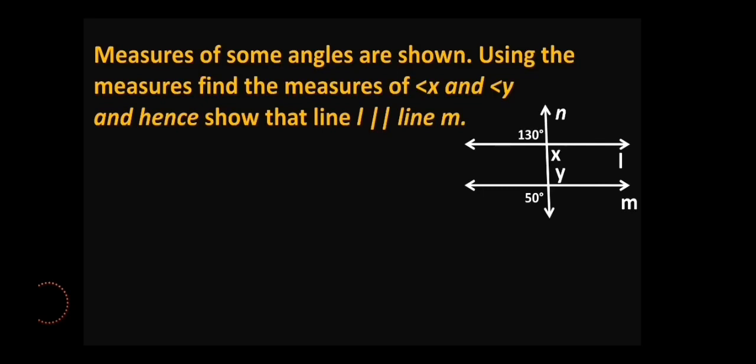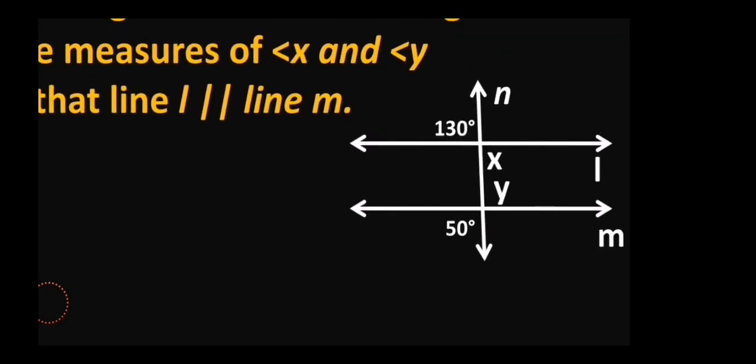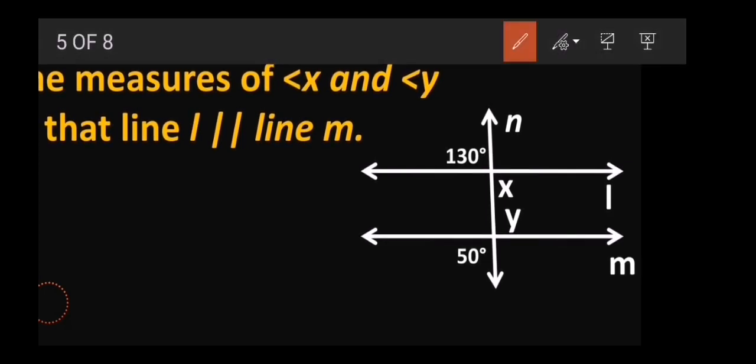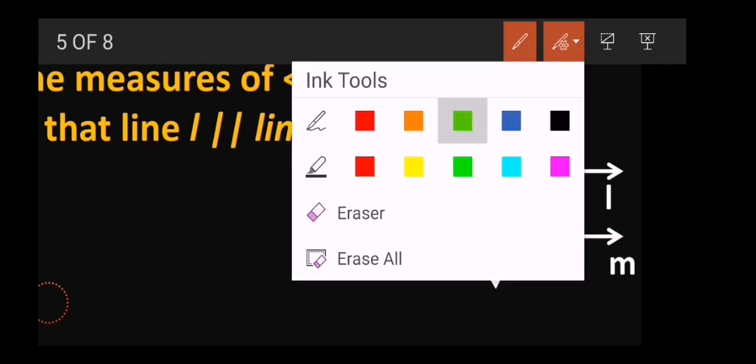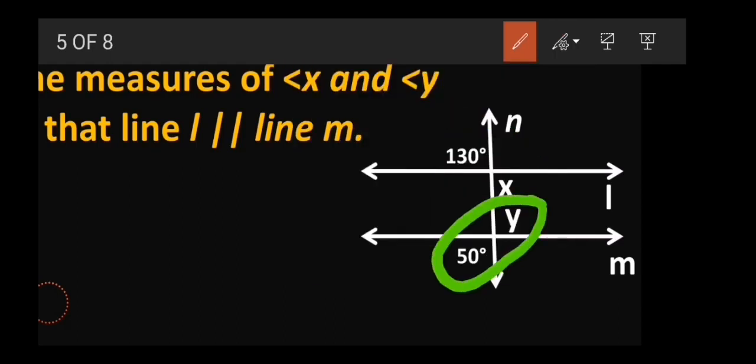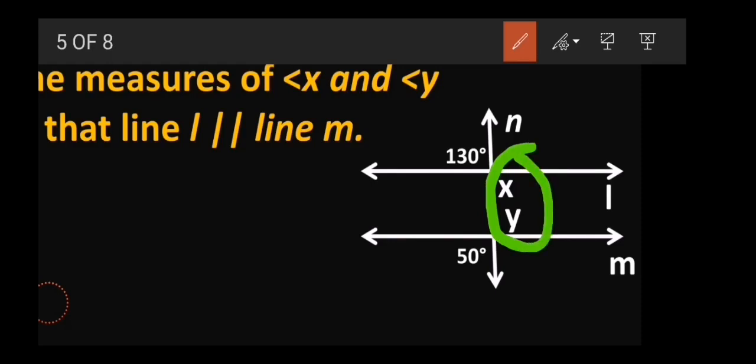Great, easy, because if you observe the diagram over here presently, boys and girls, check out over here. This 130 is equal to X, vertically opposite angle. Same goes with Y equals 50 degree, again vertically opposite angles. And if you observe the position of X and Y, these two are the interior angles, and as the clue is given in the diagram itself, as these are interior angles, then check out whether we can apply the interior angle test to prove these lines parallel or not.